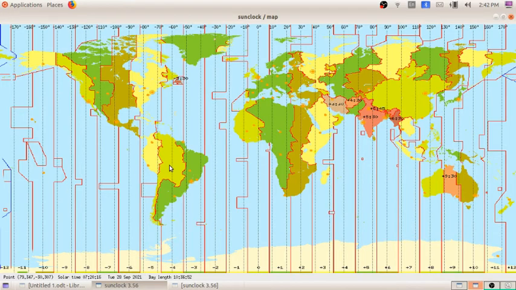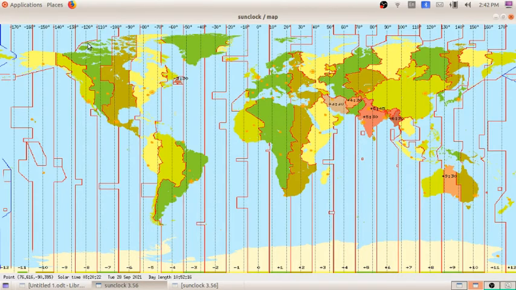I click on 30 degree, you can see it is 7:20. Again I am going to 60, you can see 5:21. Again I am going to 90, you can see 3:20.